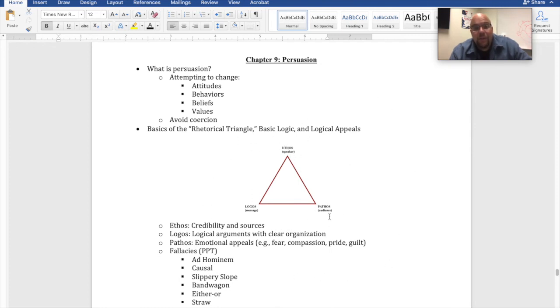Again, any of those can be useful, but Aristotle used the triangle not because he had 3 points and it was fitting, but because the idea is if you break any of these corners, any of the three edges here, the whole triangle collapses on itself. And what he was telling us is that if you leave out one of these, your argument will collapse on itself for at least some people, because you don't know in that audience if someone's going to be more affected by one of these three than another. But if you use them all, you're gonna connect on a wider scale.